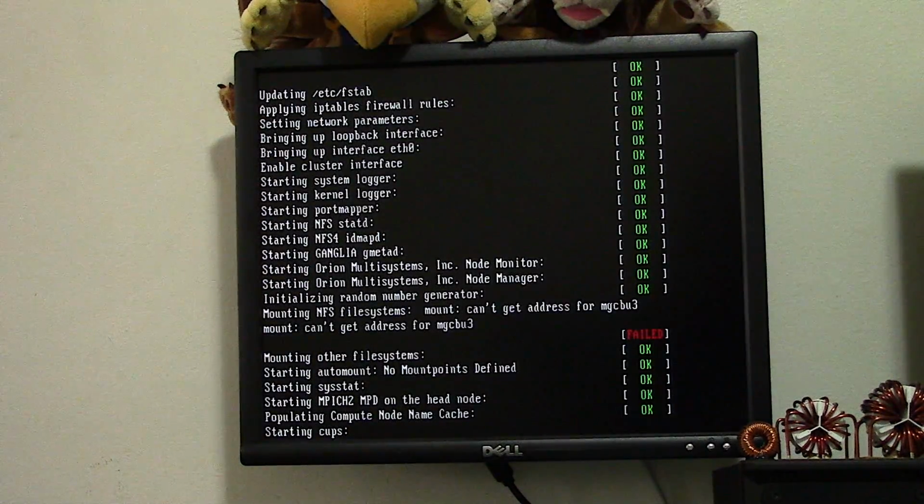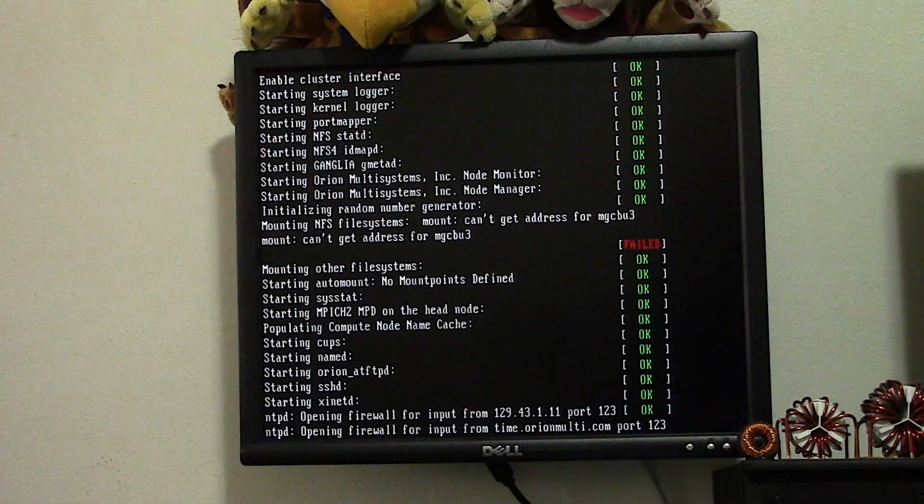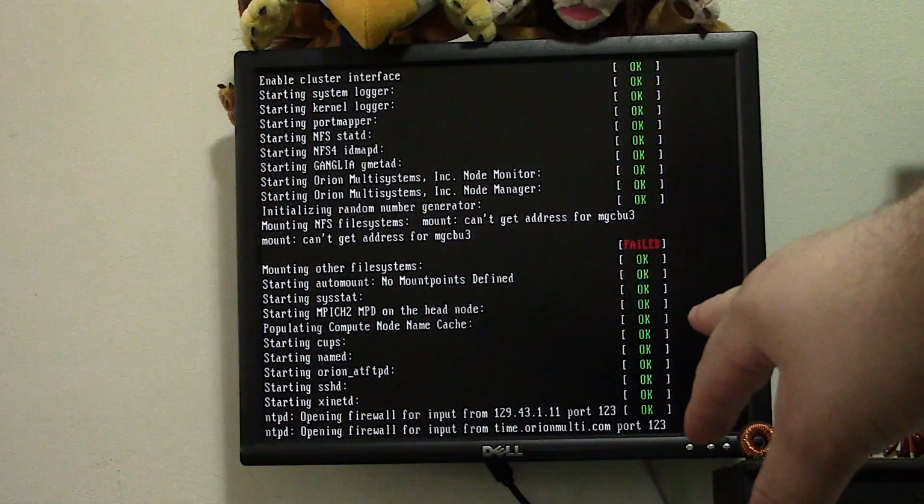I didn't pay too much for it. It was like 60 or 70 bucks if I recall, and for a system that's this unique, I thought that was totally worth it. In fact, it's trying to connect to the